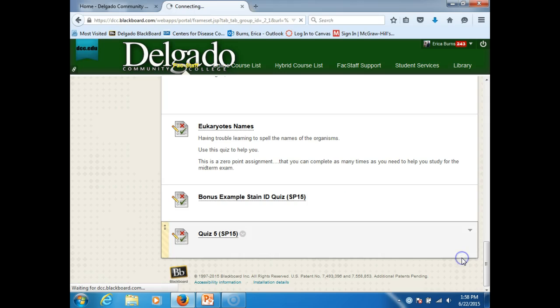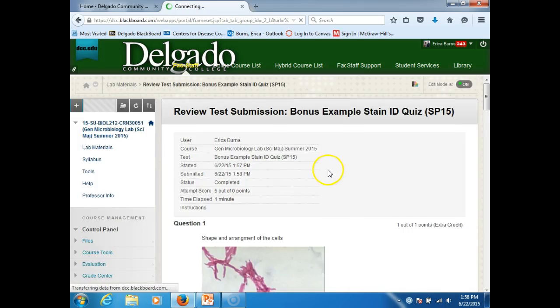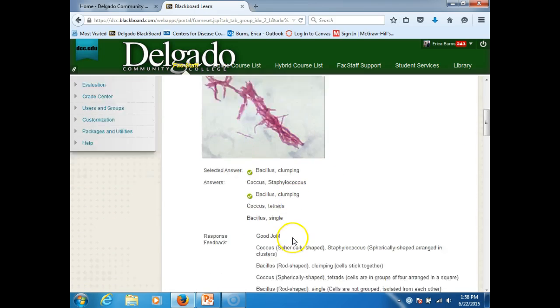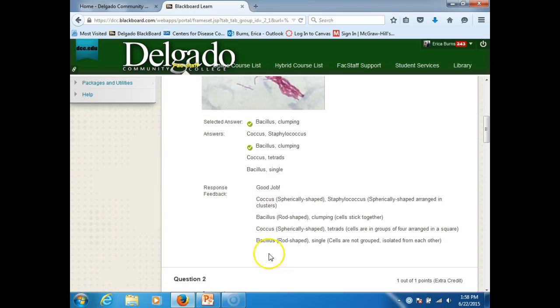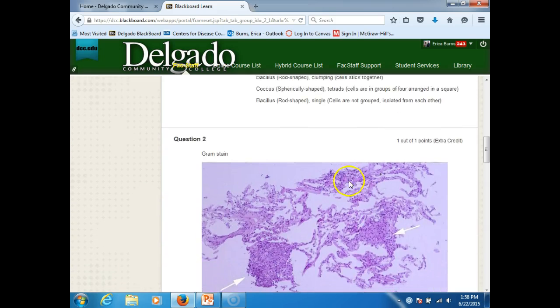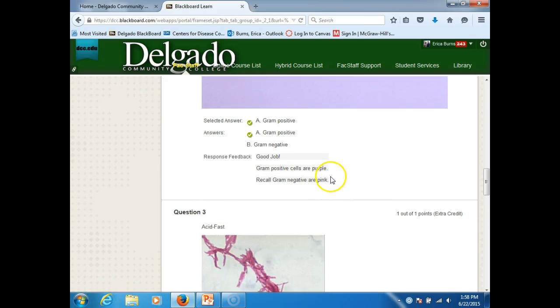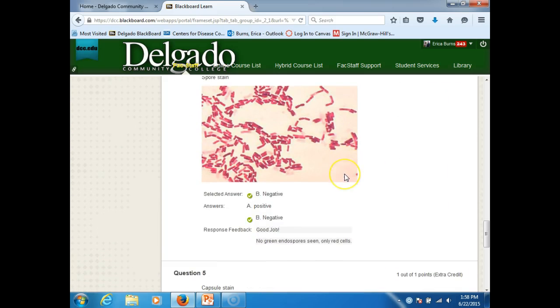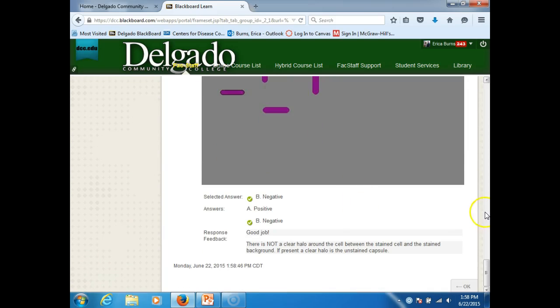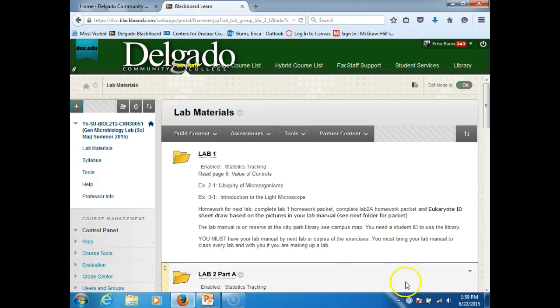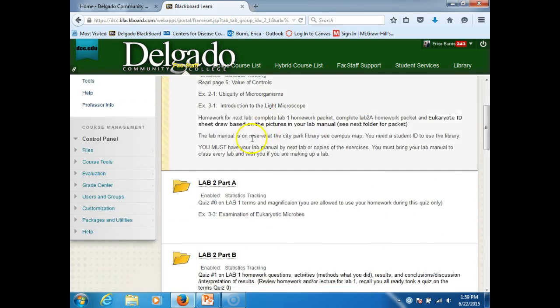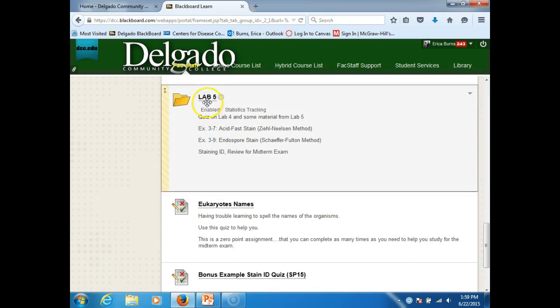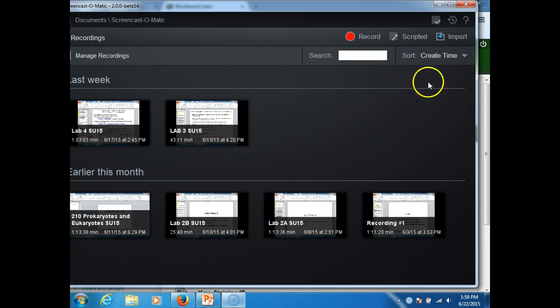You hit OK when you're done. And it will tell you whether you got it right or not, and remind you, under the feedback, why things are what they are. So we'll do the same for this quiz. This is a good practice, and then take the next one, which is going to have 2 questions of each for staining identification. Okay, so today's lecture, which is on acid-fast and endospore. And I might do this on 2 separate recordings, so let me